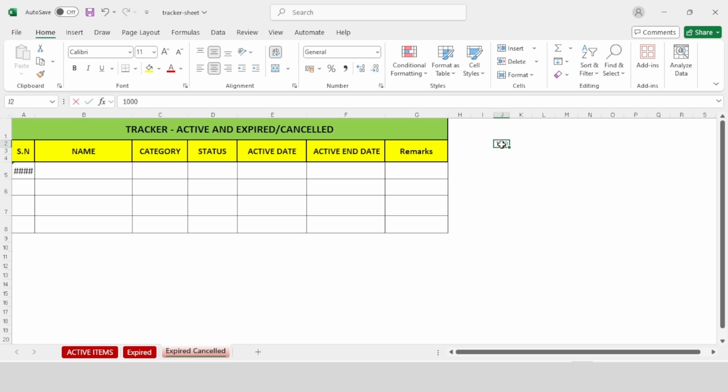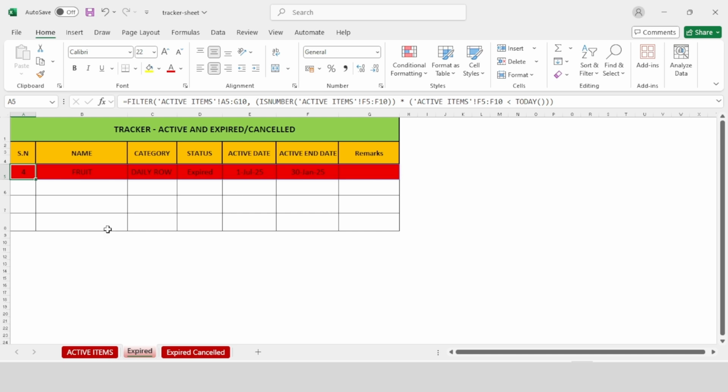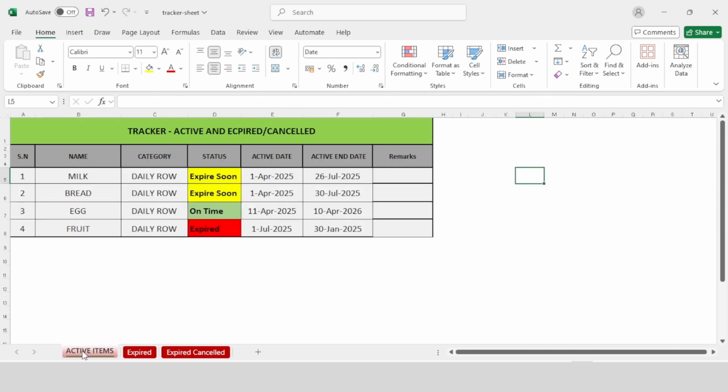I need only 40 days because I prepared this sheet for 40 days. So what I will do, I just put it in, you can see here. So it's a very simple formula with color formatting, with automated copy after expiry. So you can use it, this is very simple.